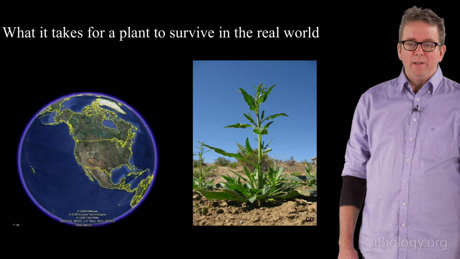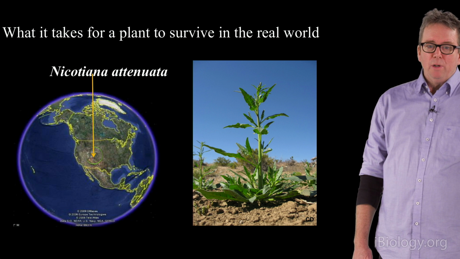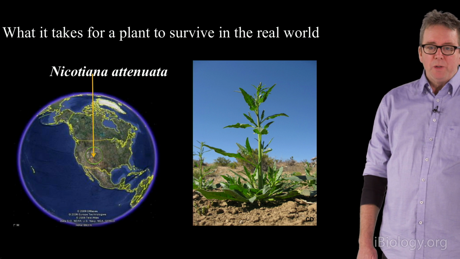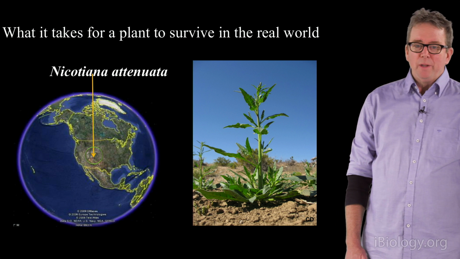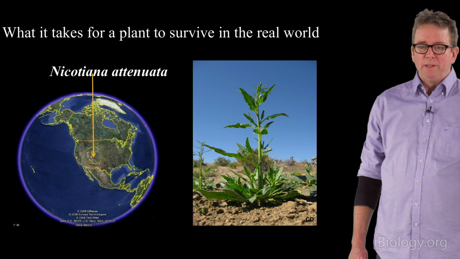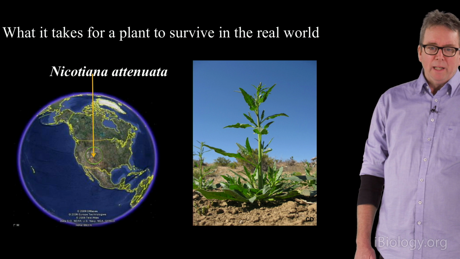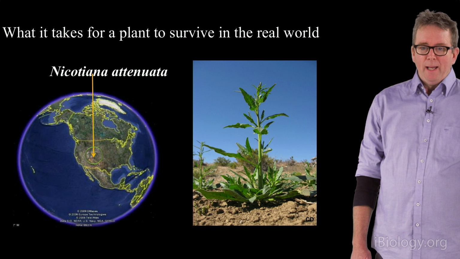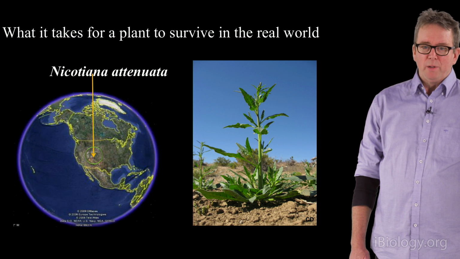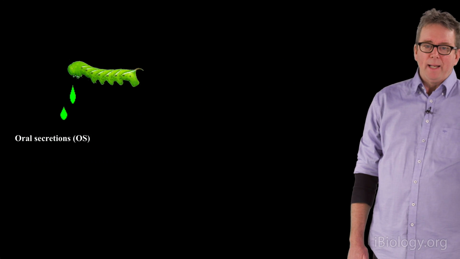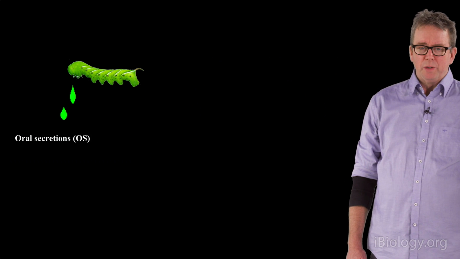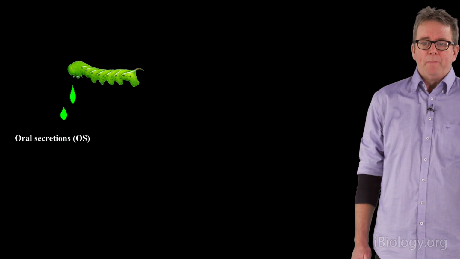We've been working on this plant, Nicotiana attenuata. It grows in the Great Basin Desert of the United States. It's a native plant, and thanks to the long-term patient funding of the Planck Society, we've developed a very impressive molecular toolbox for this particular plant, and we transform the plant in our laboratories in Germany and take the plant back out to a field station in Utah to study its ecological interactions.